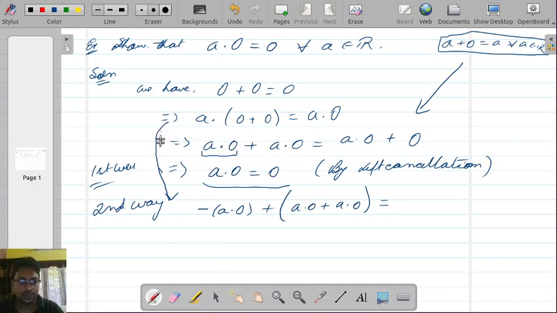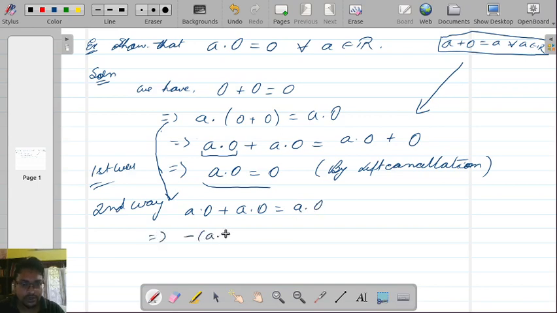Okay, from this step. So from the earlier step, the second way is I'll just write a dot 0 plus a dot 0 equal to a dot 0. Okay, and then I'll just add minus of this, the additive inverse of a dot 0, on